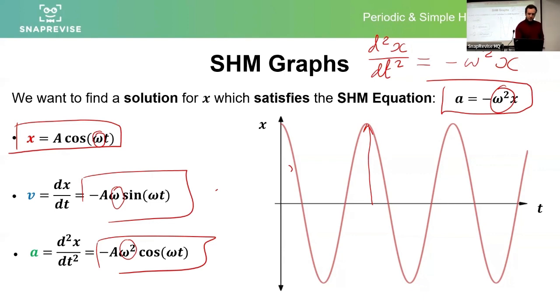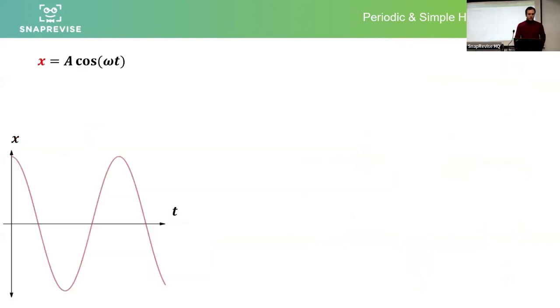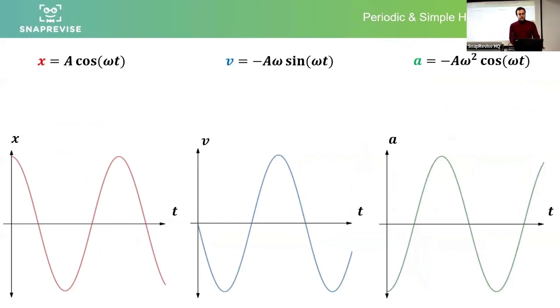And if we plot this, we end up with amplitude here. You can see our period here. And all's well. And you can see that a actually is equal to the same thing as x, but it's negative and it's got this omega squared in front of it. So hooray, it does satisfy that differential equation. If I've plotted x here, how then can I plot